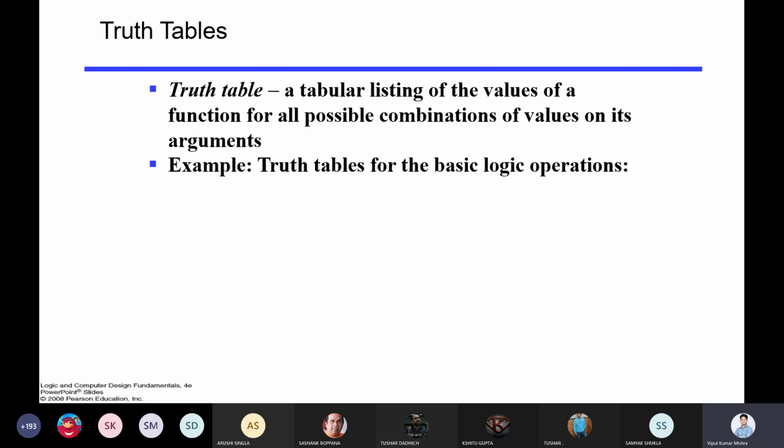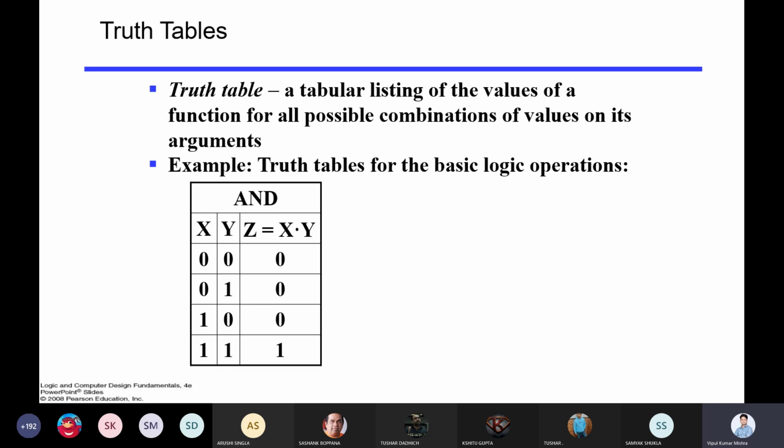So how do we represent those combinations in truth table format? How do we design the truth table? Because that is the very basic way to represent an operation. For example, I want to define AND as an operation. What will be in the truth table? There are three components. First is the name of the functionality, which will be at the top. Then the inputs will be here, and the output, the actual functionality, will be here. That is known as the truth table. This is a simple truth table.